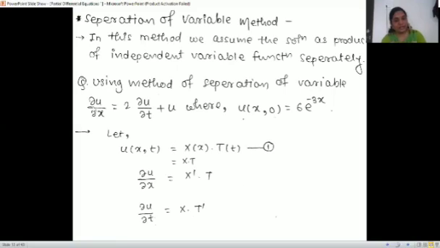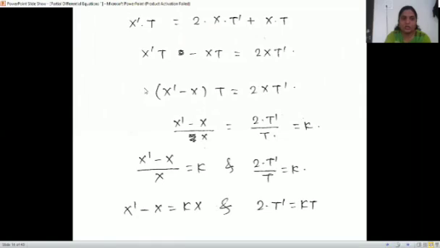So remember, if it is x and y, we'll write X into Y, whatever. But X will be a function of x and Y will be a function of y. Remember, as it is t, we'll write T, no doubt. So u is the dependent variable, u is equal to X into T, and dou u by dou x, taking the derivative with respect to x only, T is constant then, so X dash T, and dou u by dou t is X into T dash. These things we substitute in your equation. The equation becomes this.